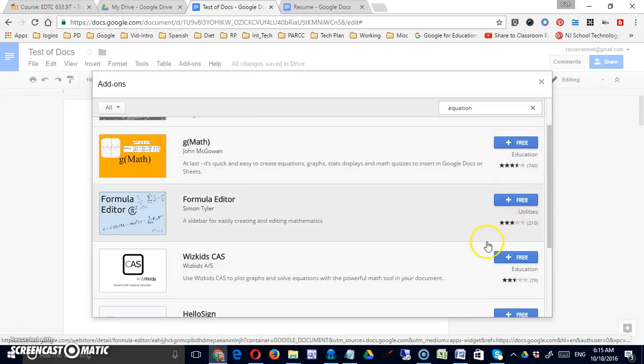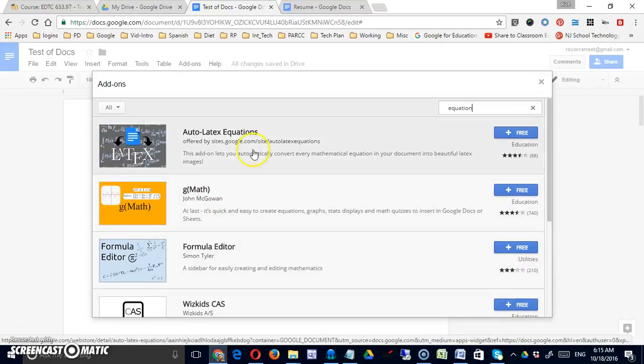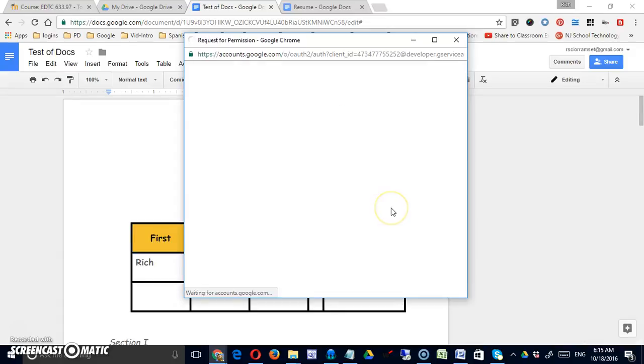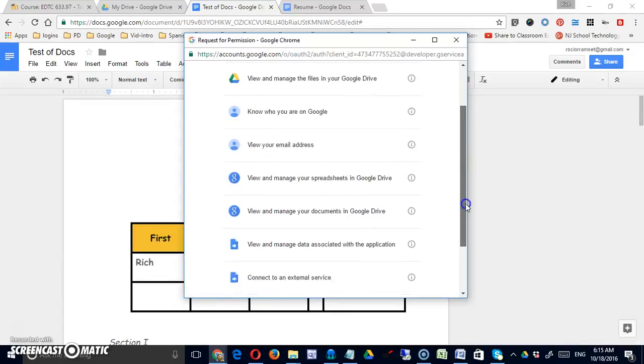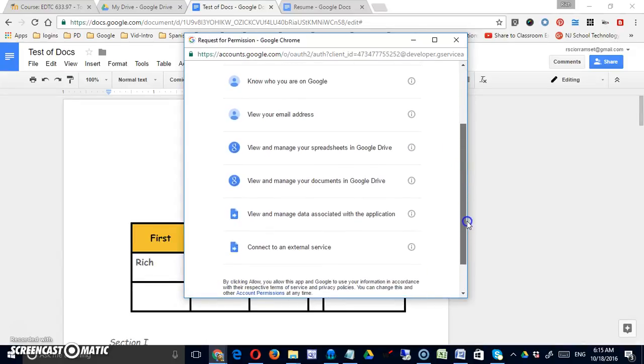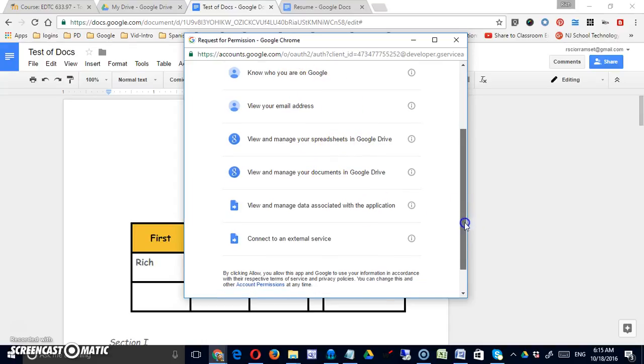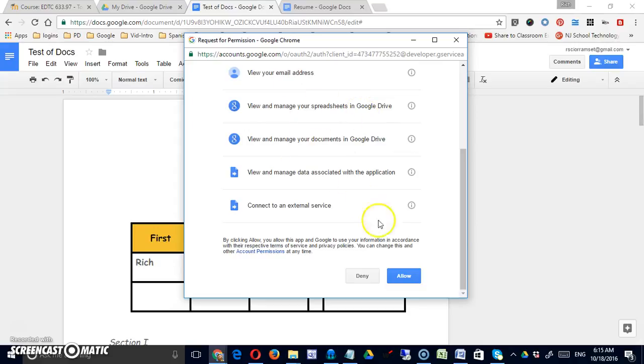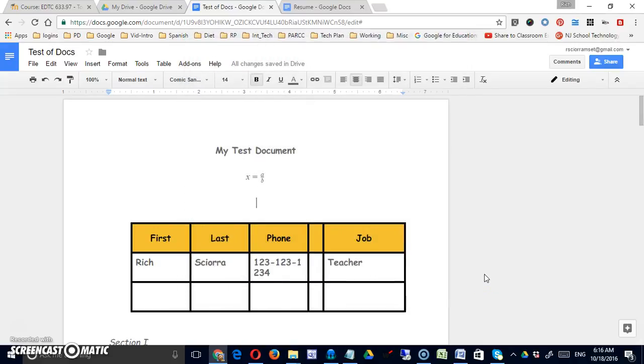They have ratings beneath them. You can try them and uninstall them very, very easily if you don't like them. So all you would have to do is click on that button. It's going to tell you the types of things it will have access to. So it's going to be able to view my email address, know who I am on Google, view and manage my spreadsheet settings. So there's a bit of things that it can do, because this can also work in Sheets as well. And if I decide to allow that,